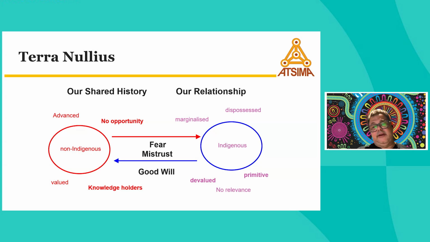Notice also there's two arrows. The red arrow is supposed to represent that when people don't really understand Indigenous people, there's usually a lot of things imposed on Indigenous people. And the blue arrow is like a pushback from Indigenous people, which they usually are saying, stop imposing stuff on us and just listen and talk to us and we can work things out together.